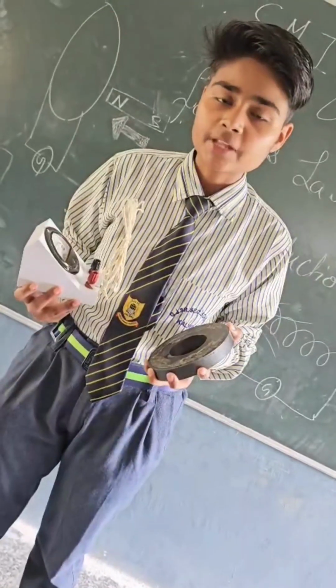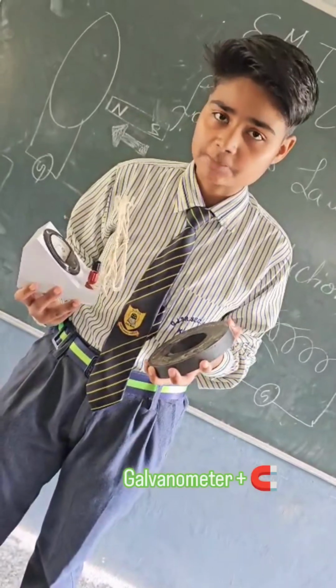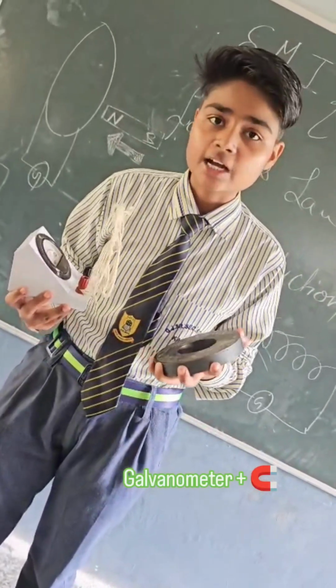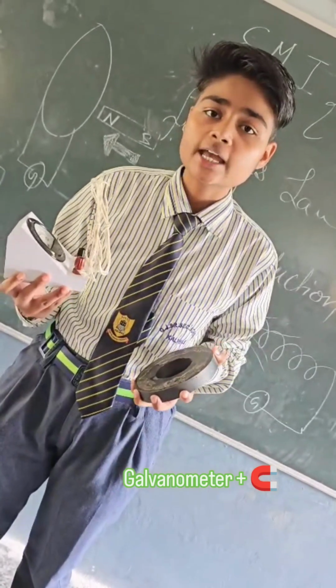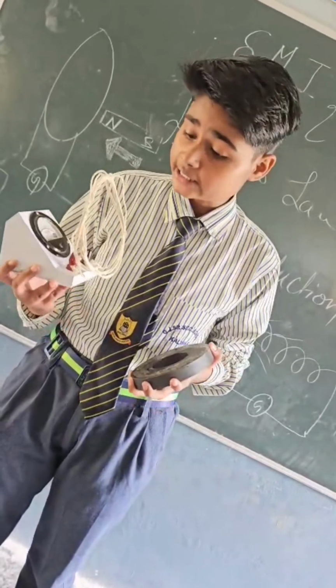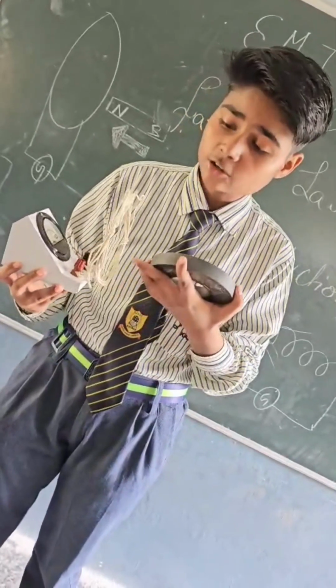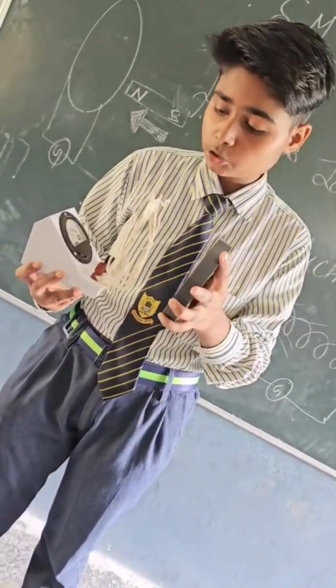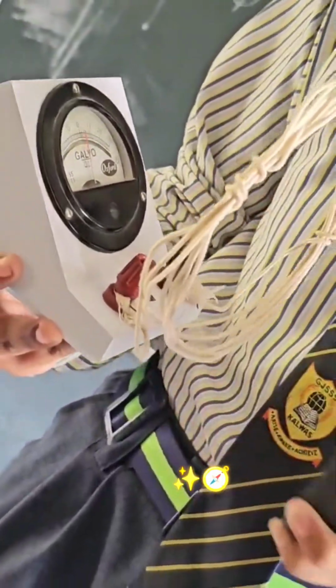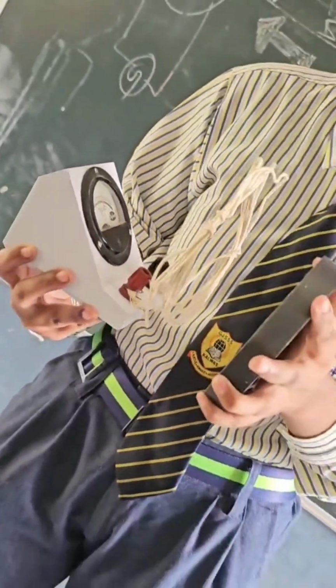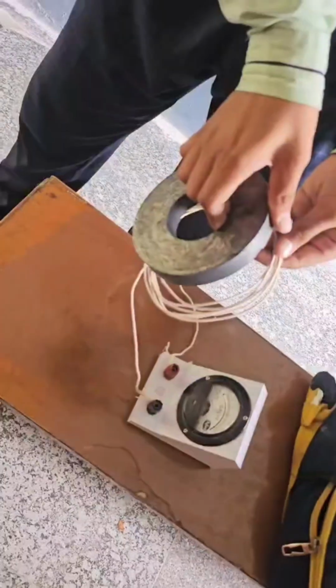To explain it in a better way, I have a live display for this experiment. Here I have a magnet and a galvanometer. Basically, a galvanometer is a device that is used to detect even a very small amount of current. This galvanometer is connected with the coil. If we move this magnet towards this coil, we can see that the needle of the galvanometer gets deflected. But if we keep it still, there is no deflection in the